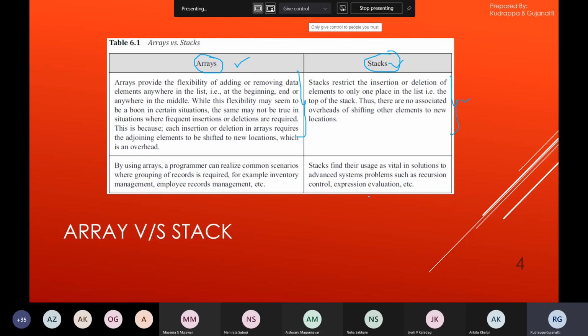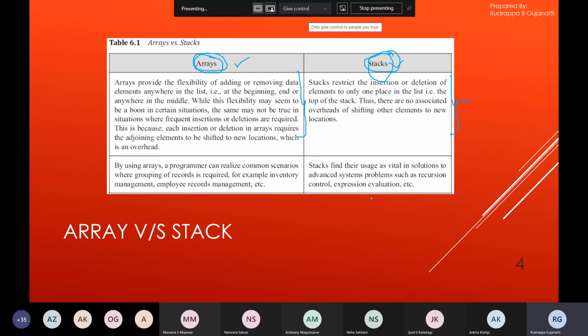As we had seen, stacks can be used at the time of compilation and for program control information. When you're trying to call a function, you have to store the address of the next instruction. That is done with the help of push and pop operations in the stacks. For arrays, we can utilize them to store information. Say I want to store information pertaining to students, or all the roll numbers which are present. I can do that using arrays.